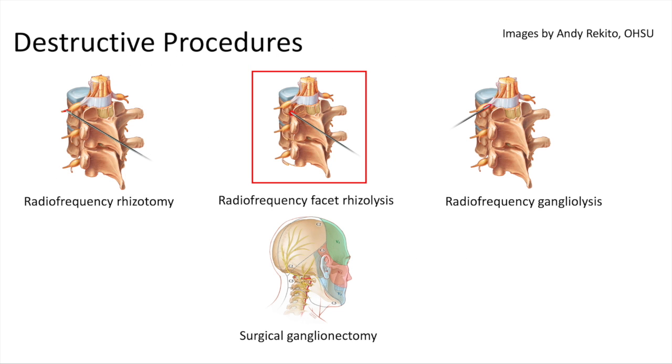In summary, percutaneous facet rhizolysis is the only destructive procedure in the group of procedures directed at either the spinal nerve, dorsal root ganglion, or innervation of the facets for the purpose of relieving radicular pain, occipital neuralgia, or lumbar or cervical pain to show some promise of durable pain relief in longer-term follow-up.